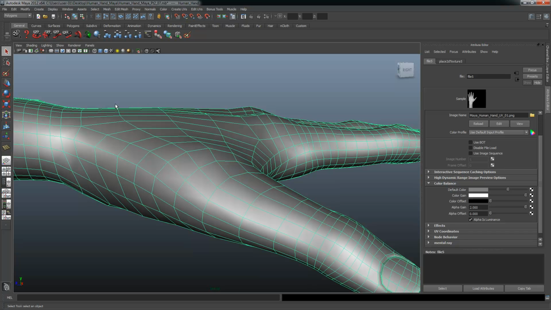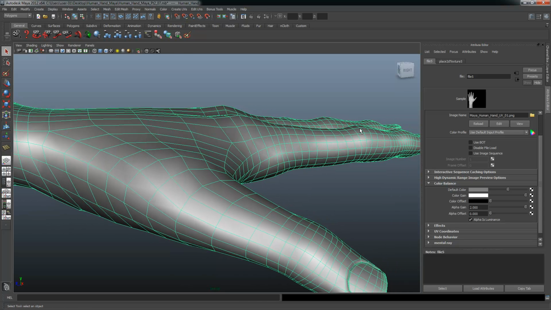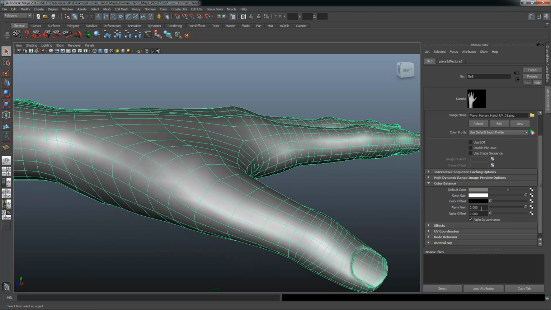So I may want to do some tendons in my hand, and I might want to do some veins in the back of my hand, and then I'm going to do micro detail, which is much less than that. And I'm basically going to set this value to the farthest dimension of detail that I'm going to put into this map. So in this case, I think 0.4 is going to be a good value,